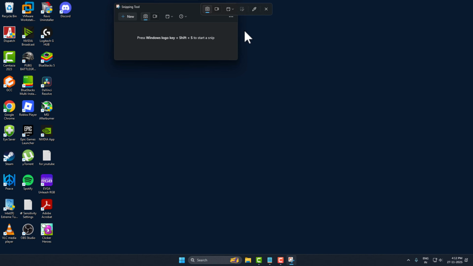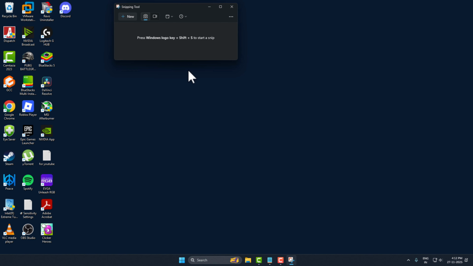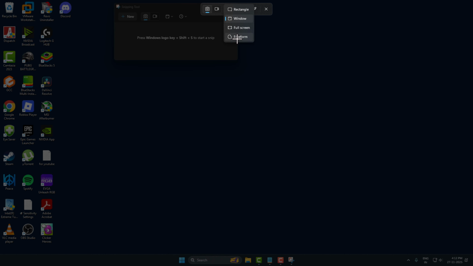Same thing with window, select the window that you want to capture. Now full screen, select the full screen and it's going to capture the whole screen. And the last one, freeform, just draw the area you want to capture. I'm going to draw a circle in the center,